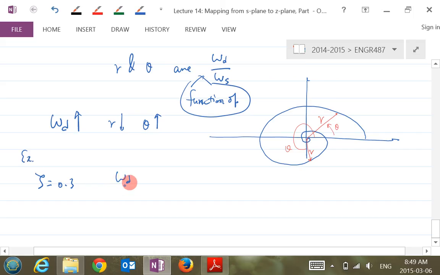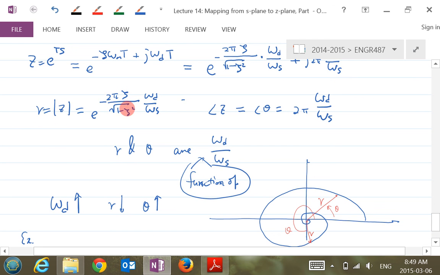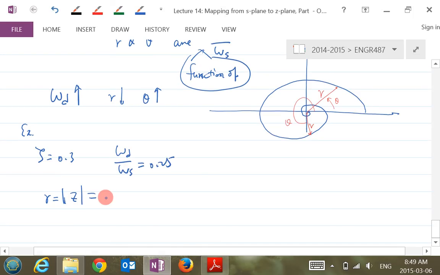Let's say omega d over omega s equals 0.25. Suppose that the ratio of omega d over omega s is 0.25. Then what does that imply for the r? You have a zeta, you have this ratio, you plug it in, you can calculate the r. So what's r now? You can calculate this is about